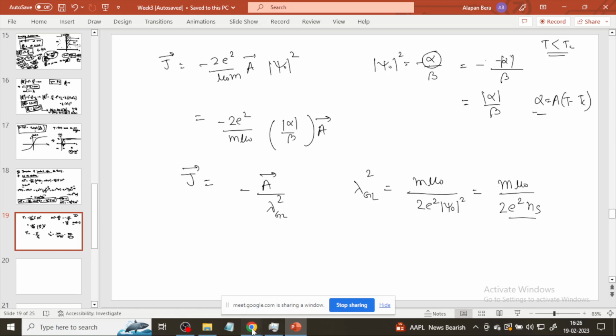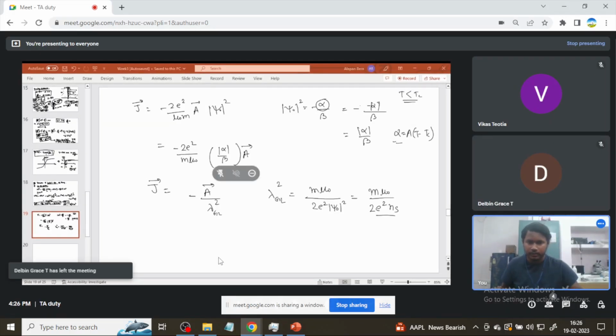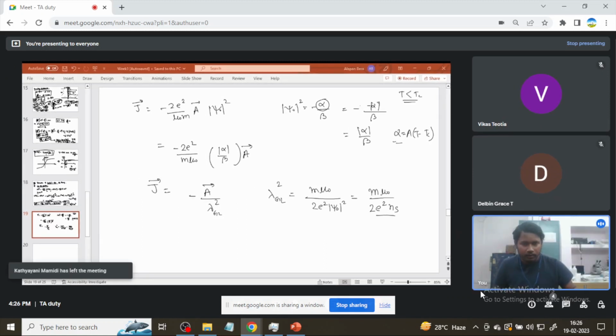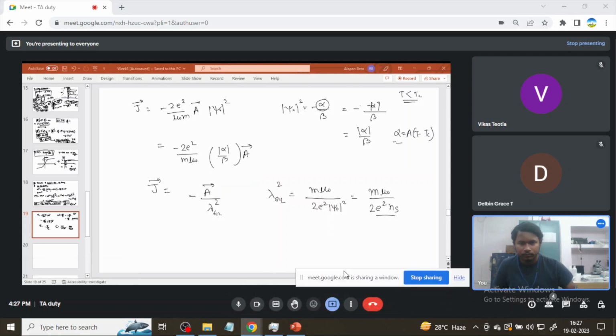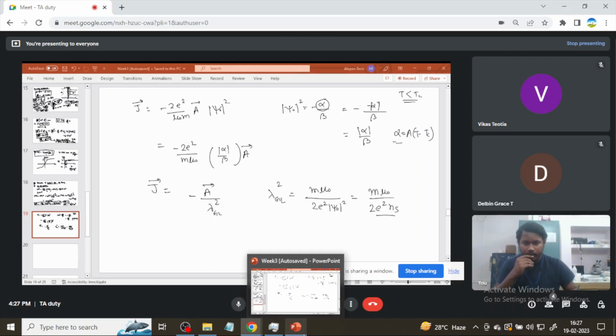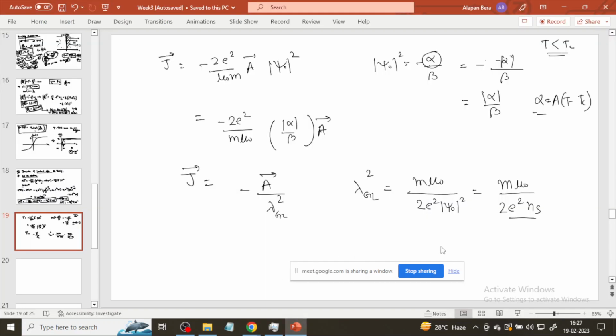Okay, so wait a minute, just be back. Okay, so okay, so what we are doing, so we are doing this stuff. Okay, so this is the density of state, so this is the density of state and this is the psi